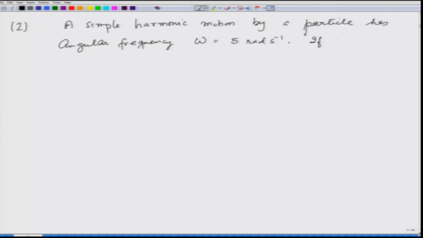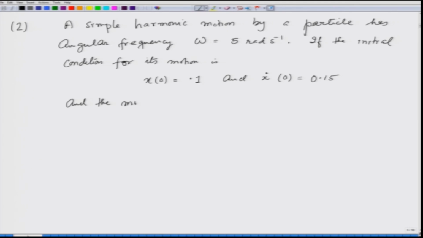If the initial condition for its motion is x at 0 is equal to 0.1 and x dot at 0 is equal to 0.15, and the motion is represented as x t equals a cosine of omega t plus phi,